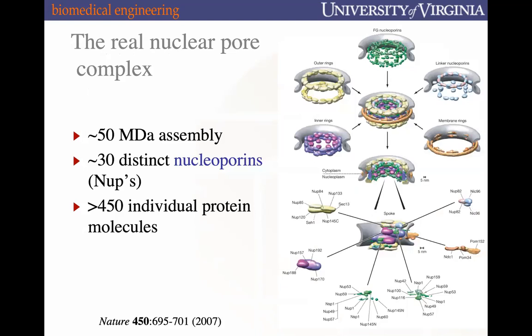All right. This is a bit of a graphic to help illustrate what the nuclear pore complex looks like. It is a 50, not kilodalton, 50 megadalton assembly. It is incredibly large. It has 30 distinct proteins that we call nucleoporins or NUPs, and across eukaryotes there are about a few dozen different species, but each nuclear pore complex possesses approximately 450 individual proteins, and so it's a really large, really important